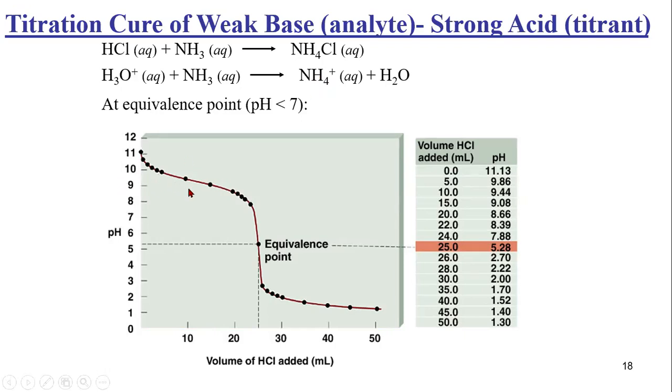Just looking at the shape of the curve, this is opposite to a weak acid. Here, we start with a high pH. We go gradually. Again, there's an inflection-like point here. It's not a straight line, so it's just a little bit of a decrease in pH here. And then you change in the inflection point at half equivalence, and then you start going down till you reach the equivalence point, and you